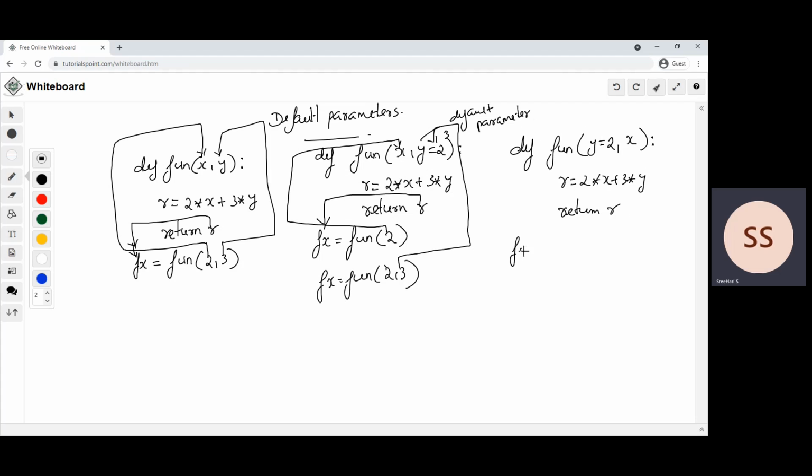Now if I am calling f of x is equal to fun of 2, here the confusion will come whether y will get value of 2 and there is no value for x. Okay, so this is wrong. You cannot define a function like this.